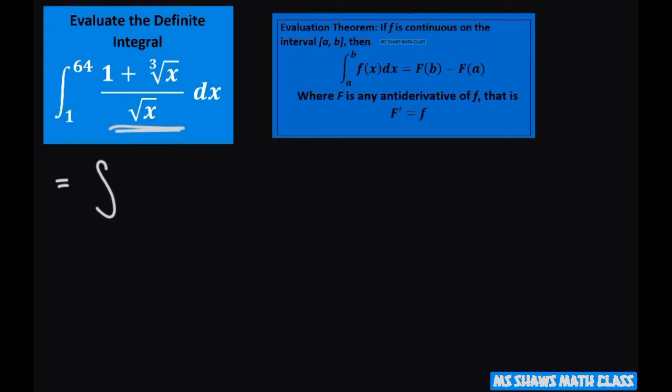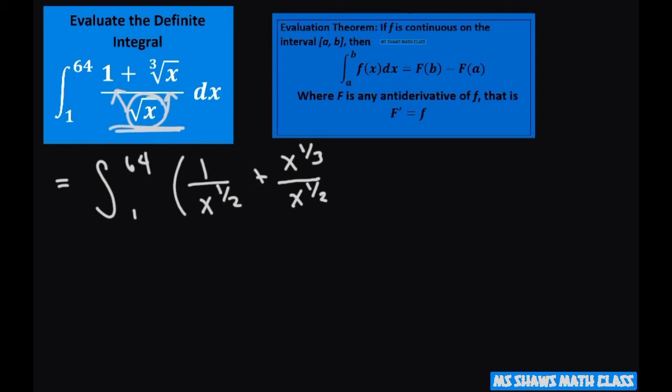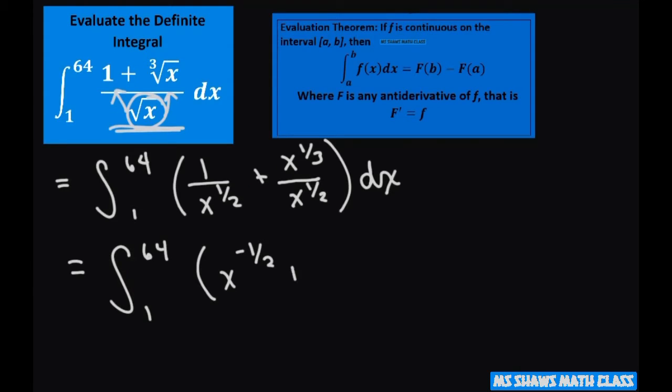So I'm first rewrite it as the integral from 1 to 64 of, and I'm going to put this piece under each of these terms here. So that's going to be 1 divided by x to the, and I'm going to go ahead and write it as a rational, plus x to the 1/3 divided by x to the 1/2 dx. And simplifying this further, we're going to get integral from 1 to 64. This is x to the negative 1/2 plus, and then I'm going to use my quotient property here. This is going to be x to the 1/2 minus 1/2 dx,